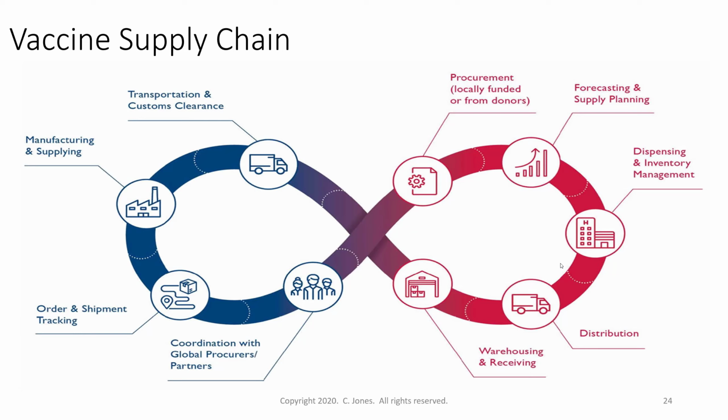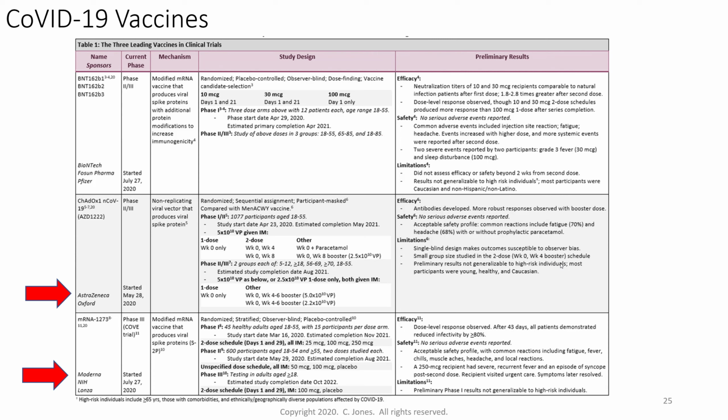And so, it's not as easy as it sounds, but the supply chain has already been planned. As soon as they thought they were going to have an effective vaccine, people began planning for the supply chain, even simple things like syringes. And that's one of the reasons that we're having a little bit of a shortage of flu vaccine, because there weren't enough syringes for both the flu vaccine and for the COVID vaccine.